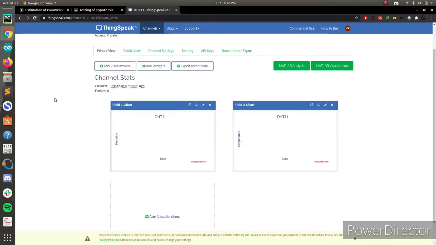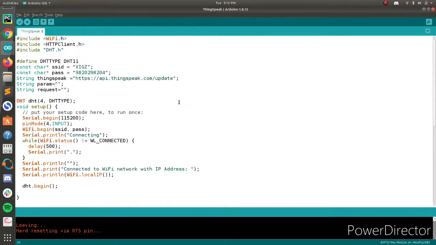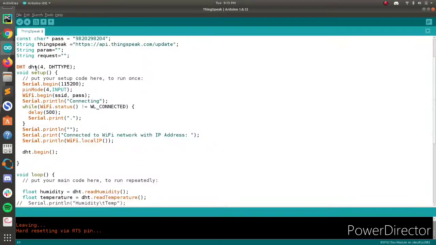So what we do is we hop onto the Arduino code. I've written the Arduino code already. We can see that I use the WiFi client library, the HTTP client, and the DHT library. We defined the DHT type as DHT11. Just do the normal setup stuff for the Wi-Fi, and also save the URL at which we're going to be posting requests in the variable called ThingSpeak. And we're going to be taking the output of the DHT on pin number 4, so we have also set that. We set up the ESP32